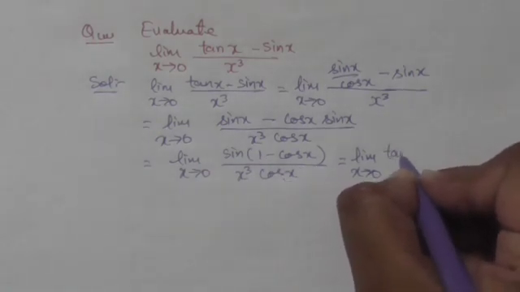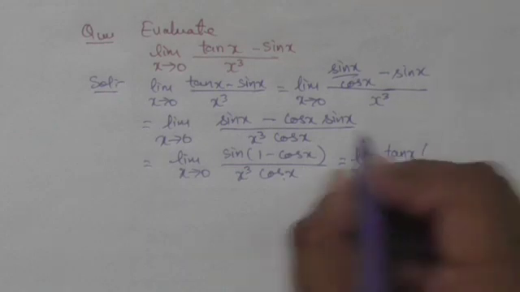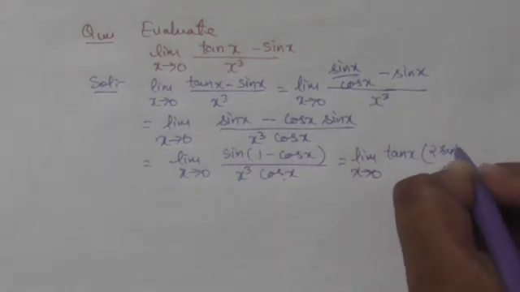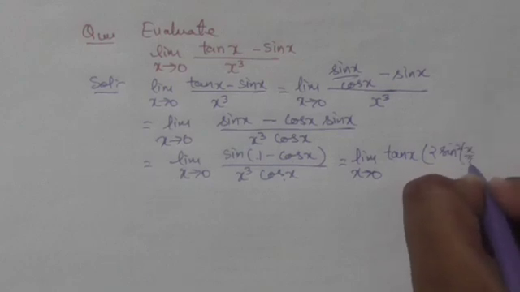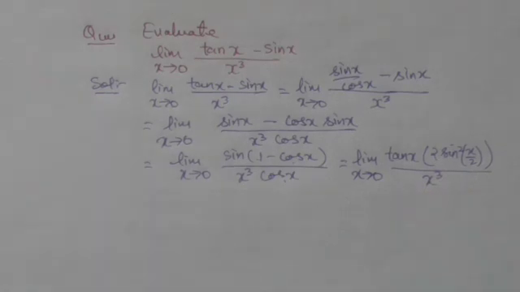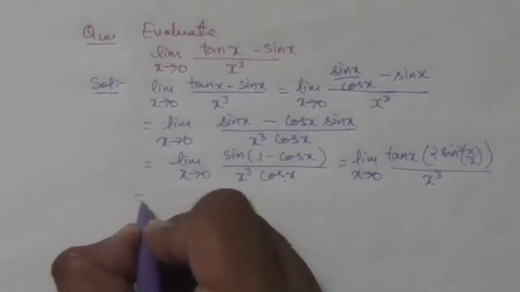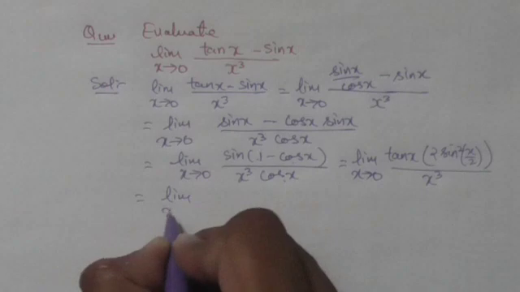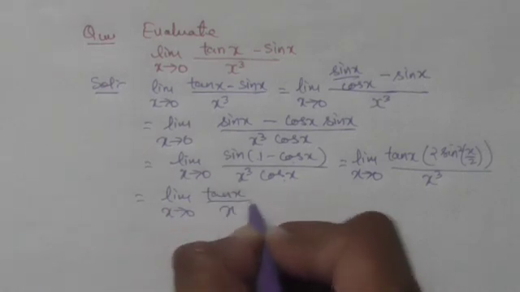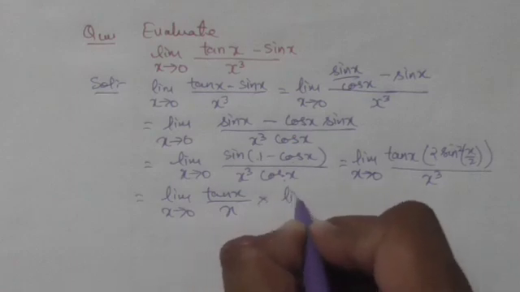So we will have tan x into, what is 1 minus cos x? It is twice sine square x by 2, upon x cube, right? And it is equal to limit x tends to 0 tan x upon x into limit